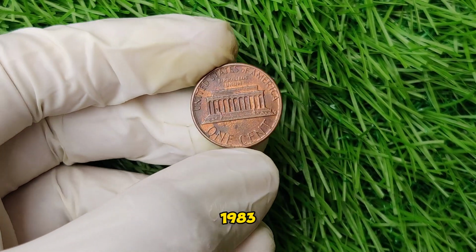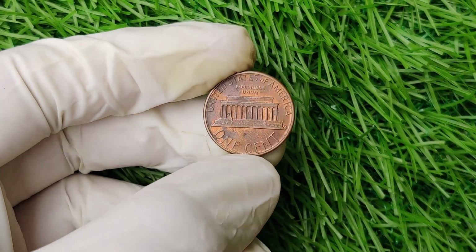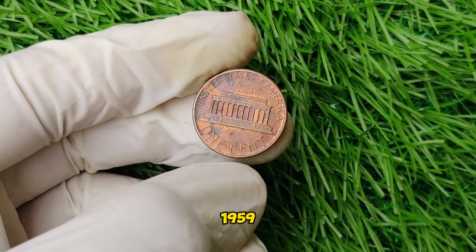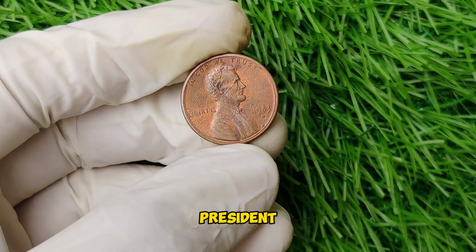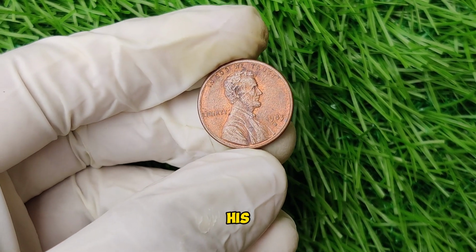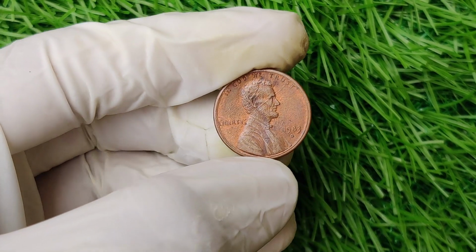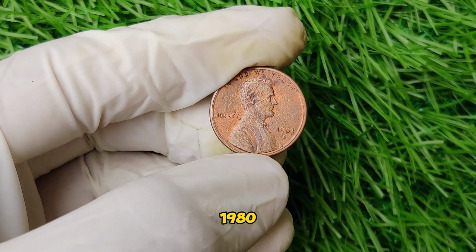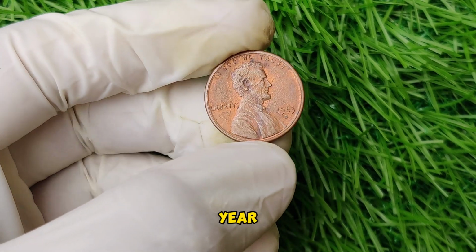The 1983 Lincoln penny is part of the Lincoln Memorial Cent series, which started in 1959 and ran until 2008. This series honors President Abraham Lincoln, with his profile on the obverse and the Lincoln Memorial on the reverse. But what makes the 1983 penny stand out from millions of other pennies produced that year? Well, in